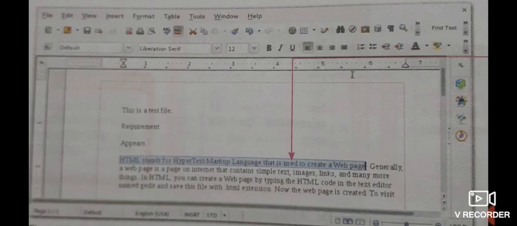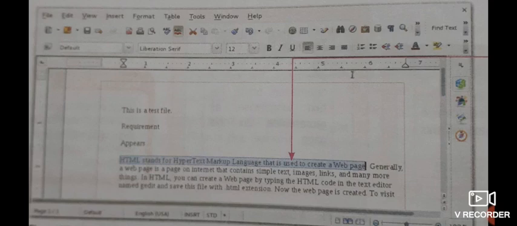We select the text in a word processing document by pointing the cursor before the text from where we want to select the text and dragging the mouse over the portion of the text for the selection, as shown here in the video. To select the text, we place the mouse pointer before the text from where we want to select, press the left key of the mouse and drag till the text we want to select. When we select the text, it is highlighted with light blue color.